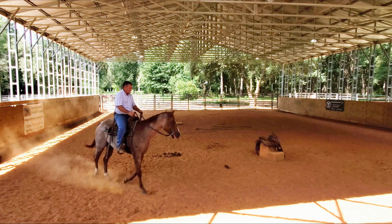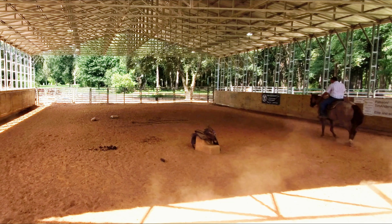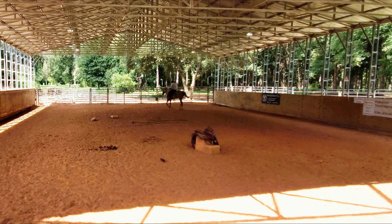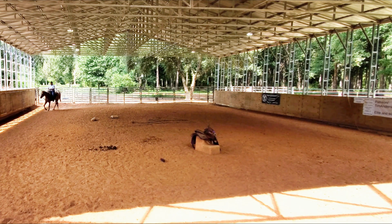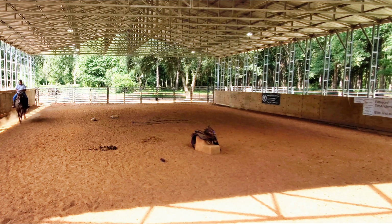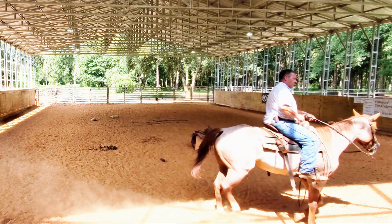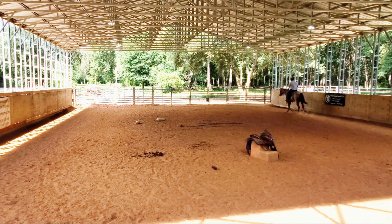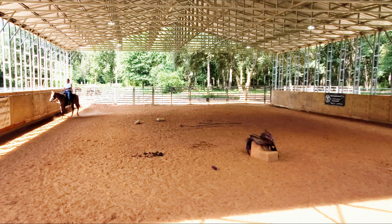Here I'm riding around in a covered arena. It's boring. She doesn't really want to do it, but we're working on some basic steering, basic body control that she really needs to have. And I've ridden her in here, I've ridden her out, and she fights with me much more in here. And you might think, well, you need to ride her out more, but the thing about it is, I need her more willing and less resistant in here. So we'll ride her out some just so that we're not fighting with her every ride that we get on with her. But we're going to do a lot of work in here so that she will relax, give in,